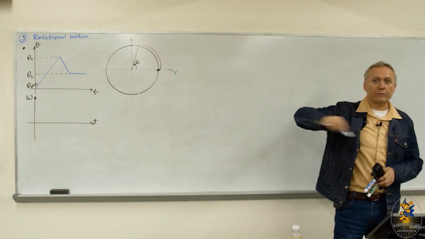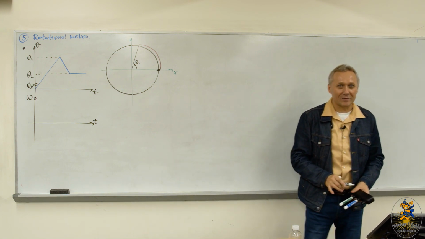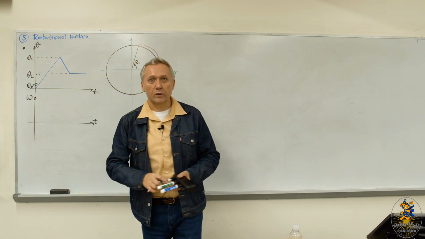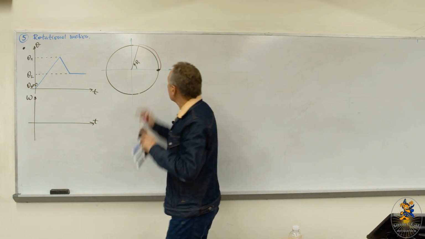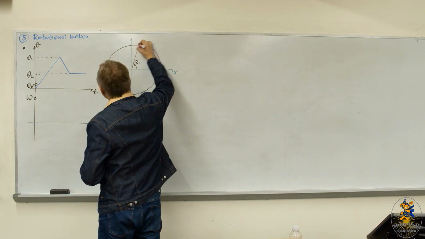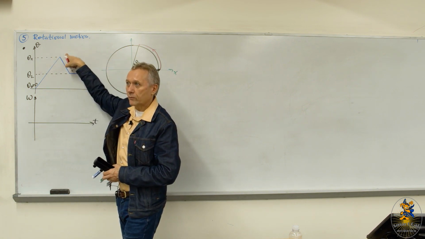It's possible it made a few revolutions even, but I don't want to draw that. It's too complicated, so use some angle that you can easily show. So that's this part. Then at this point, the angle stops changing for a moment,